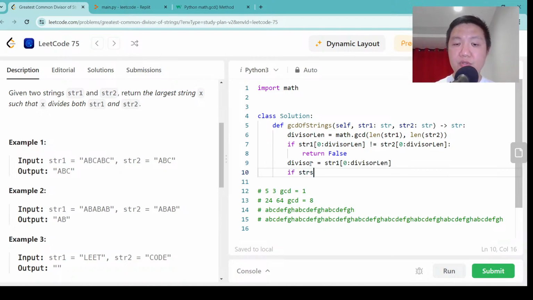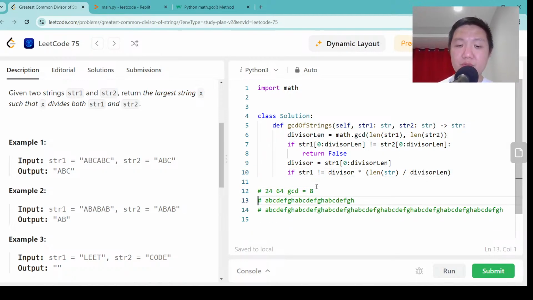If not equals to divisor times, so divisor is a string. We're doing string arithmetic here. Length of string 1 divided by divisor length. So in this example, divisor length will be 8. Okay, so in this example,